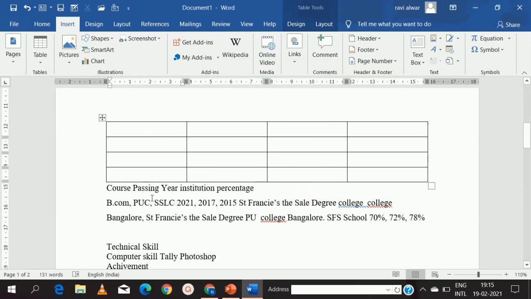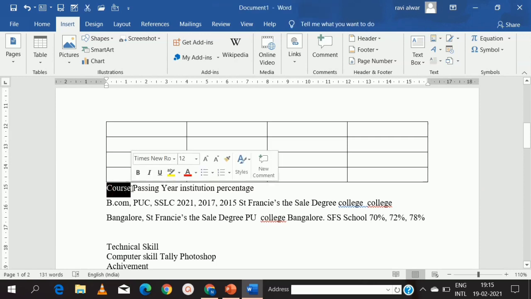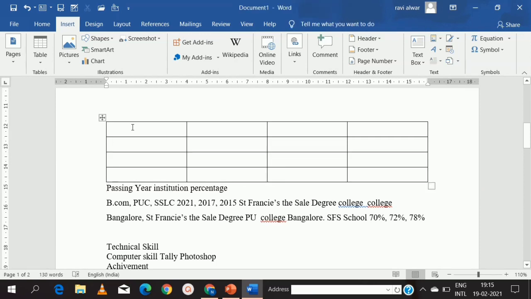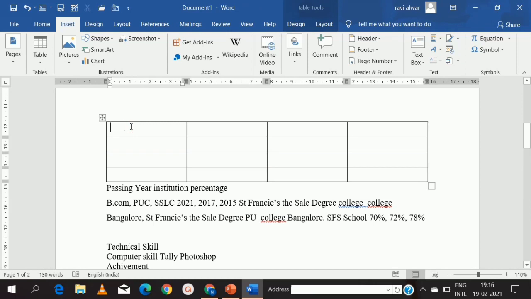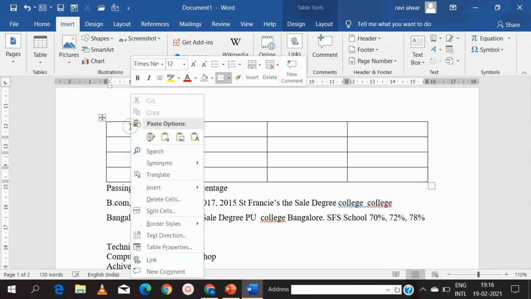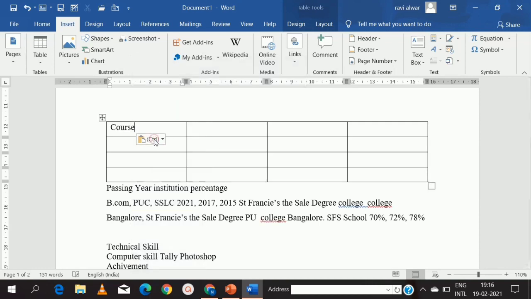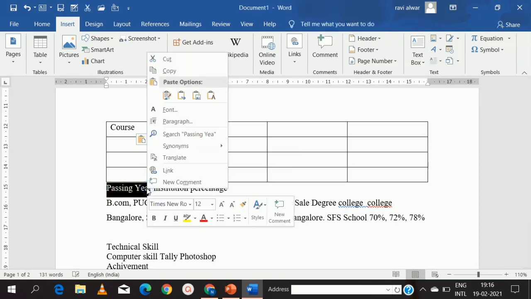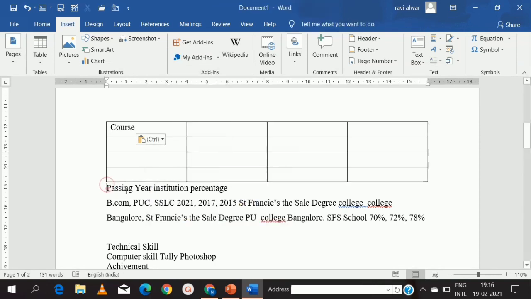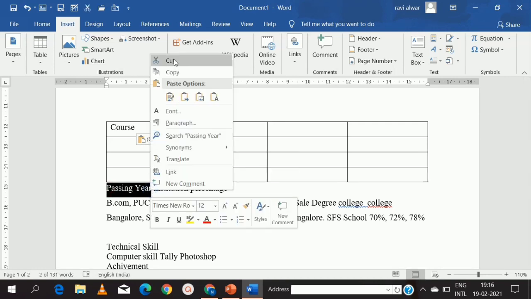So what I am going to do, I'm just going to cut this. Control X is for cutting the text. So I'm going to paste here, right click, click on paste. Then I'm going to select the text again, right click. When you do right click, you have a cut option, or you can select it from the quick access toolbar.